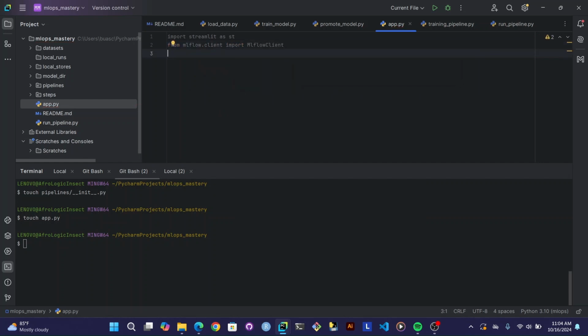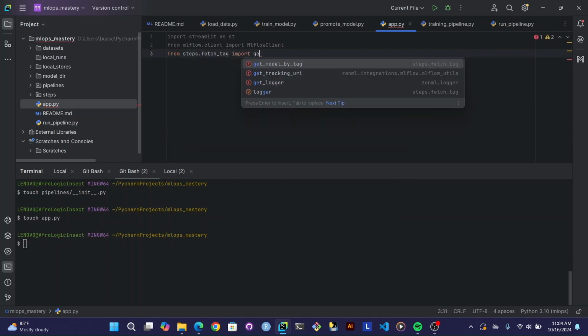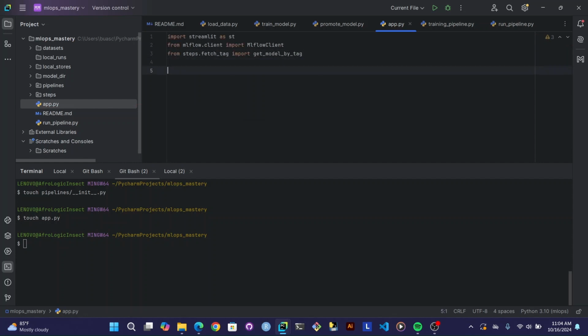What else are we importing? I think we need to import get_model_by_tag from steps.tag. So we're building a very simple interface that fetches production model artifacts,